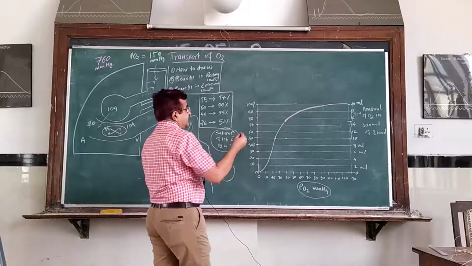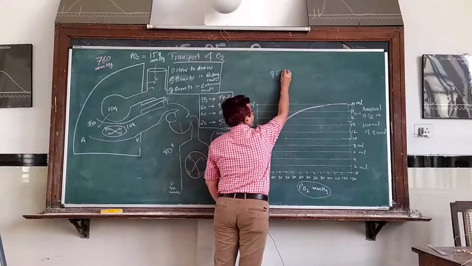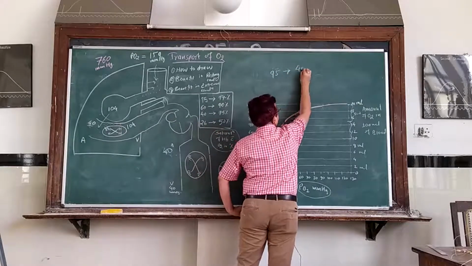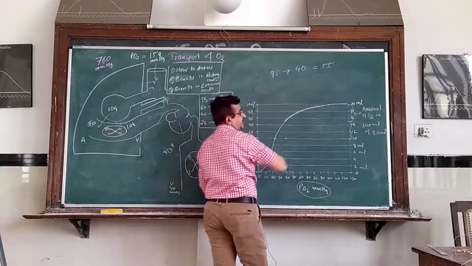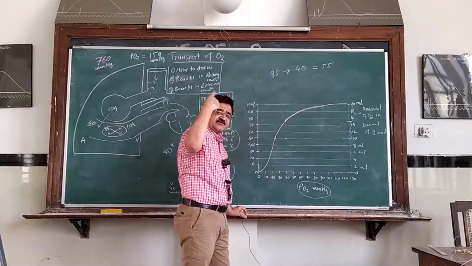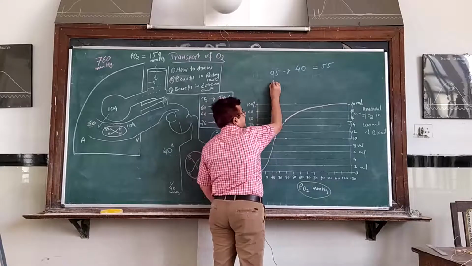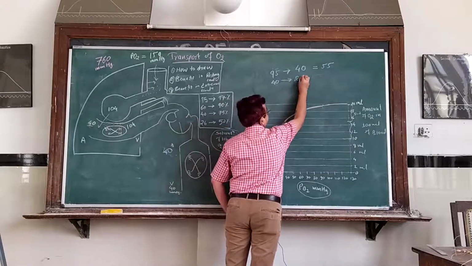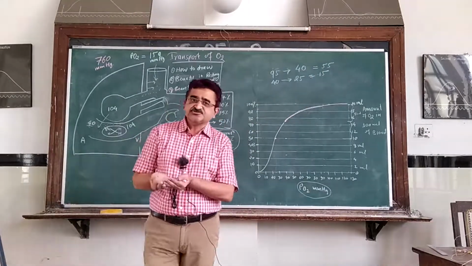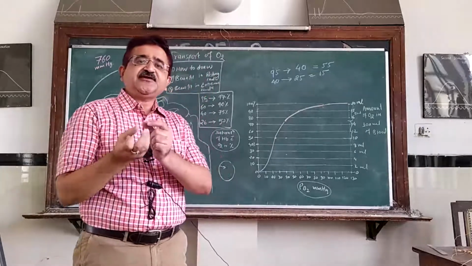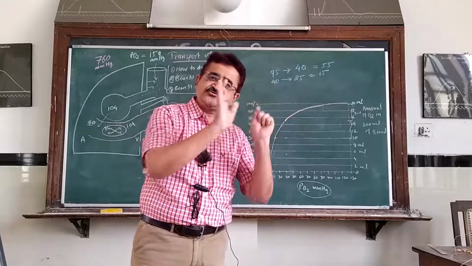That means that when you were at sea level, to deliver 5 ml of O2, PO2 should fall from 90 millimeter of mercury to 40 millimeter of mercury, that is by a difference of 50 millimeter of mercury. But when you are exposed to a hypoxic condition like high altitude, just to deliver the same amount of O2, that is 5 ml, the PO2 is falling from 40 to 25 millimeter of mercury, that is by just 15 millimeter of mercury. So when you are exposed to the situation of hypoxia, a small change in the partial pressure is required to deliver the required amount of O2 to the tissues.